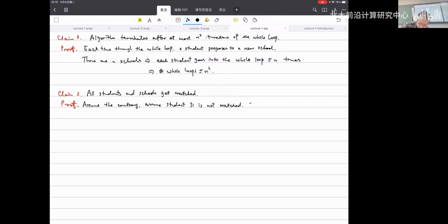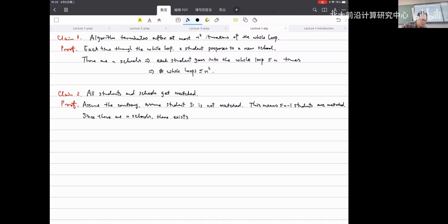This just means at most n-1 students are matched. But on the other hand, we know that since there are n schools, and as we mentioned, each school can only admit one student, there exists